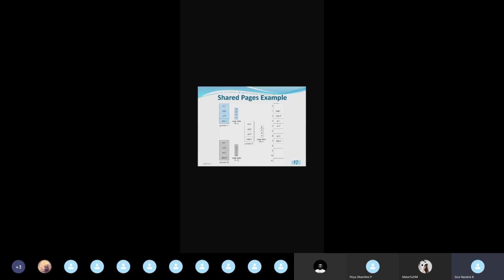See? So this private data is kept in separate frames. See, this data 1 in the process P1 is in the frame number 1. For the process P2, the data 2 is available in the frame number 7. The data 3 is available in the frame number 2. See, this is the private code or data. It is available in different frames in the physical memory. So shared pages will occupy the same frame number. Private code or data will occupy different frame numbers in the physical memory.